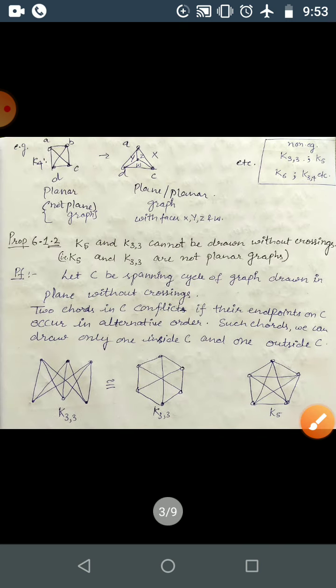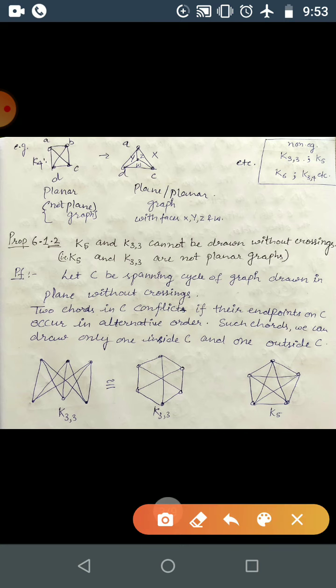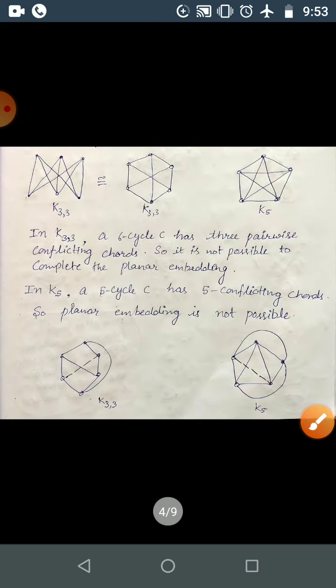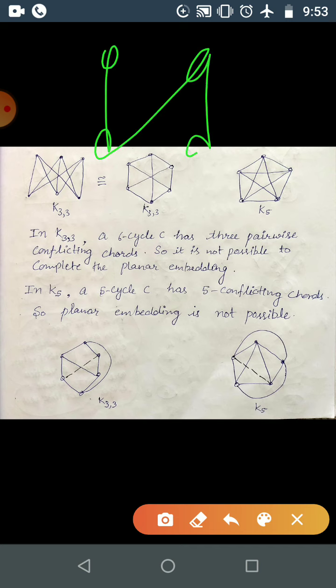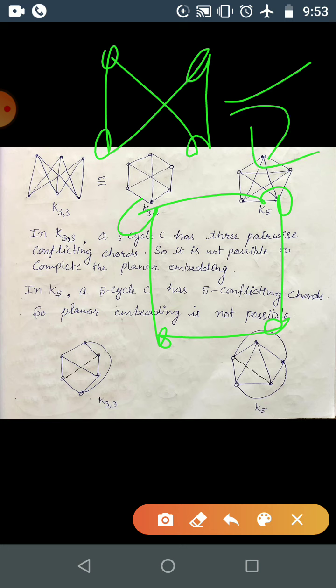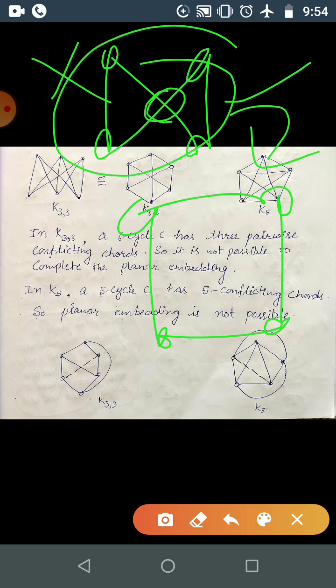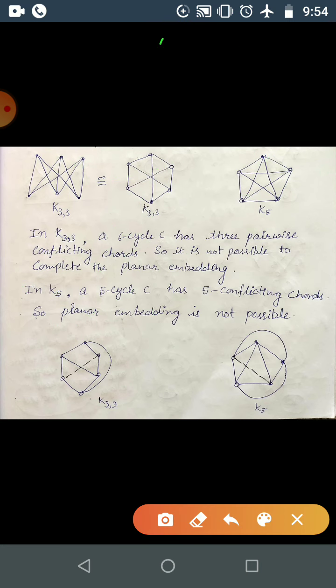Okay, and what about CN? C3 is planar, correct? So C3 is a planar graph. So that is this one, planar graph, plane graph as well. So C4 is planar. This is one kind of graph which can be redrawn as this one, correct? So this one is planar because this can be redrawn as a planar embedding. Planar embedding for this plane graph exists, correct? But this is not plane. This is not drawn because here we have edge crossing. So here this is plane as well as planar. This is planar, not plane. Okay. Likewise, C5 you can just take C5.